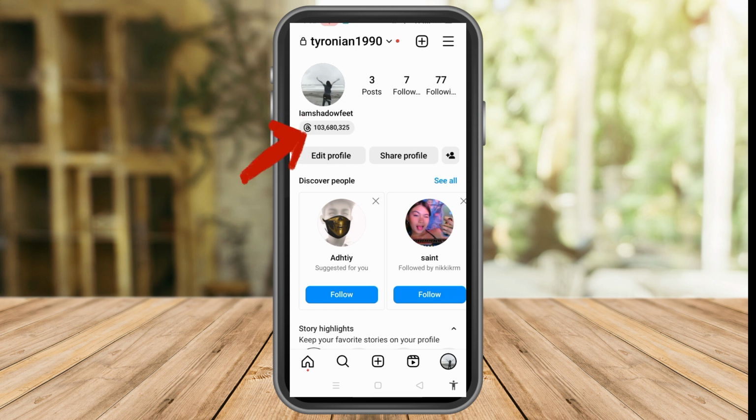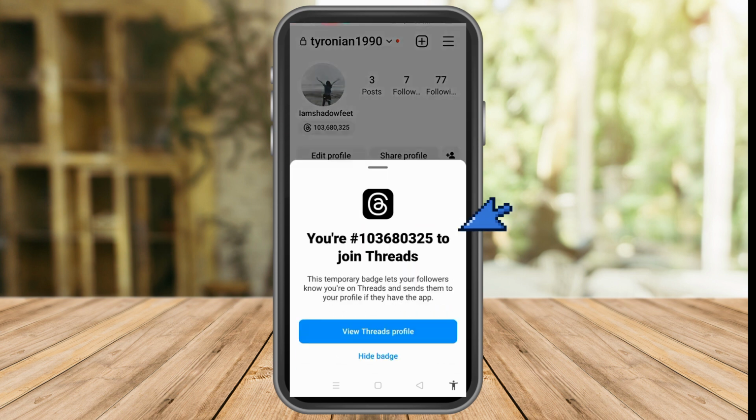You just have to tap this one here, the logo, and then after you tap this one, something will pop up and it says you are plus your number to join Threads. Now, under view Threads profile, we have your hide badge. Okay, so if you're going to hide this badge here, you just have to make sure that you don't want